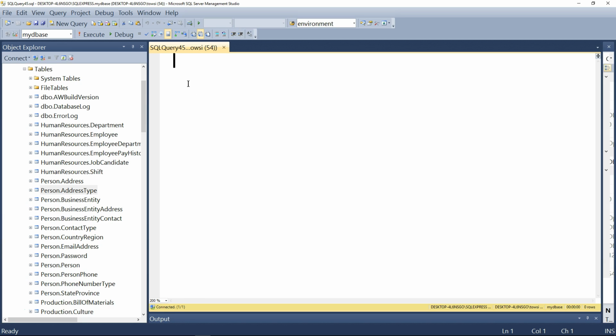Welcome friends, in this video we're going to continue talking about transactions, and this time we'll talk about save points and then rolling back a transaction. I'm not going to use any while loops in this example. Let's get going here. I'm going to say use my dbase, go, and remember the idea here is save points